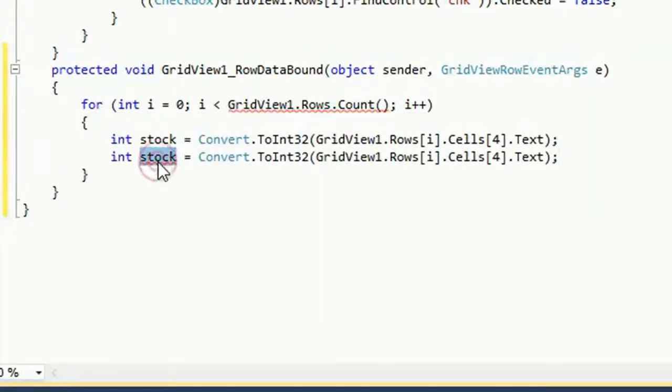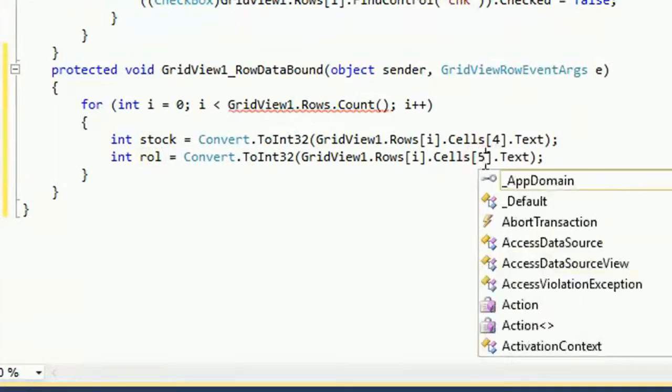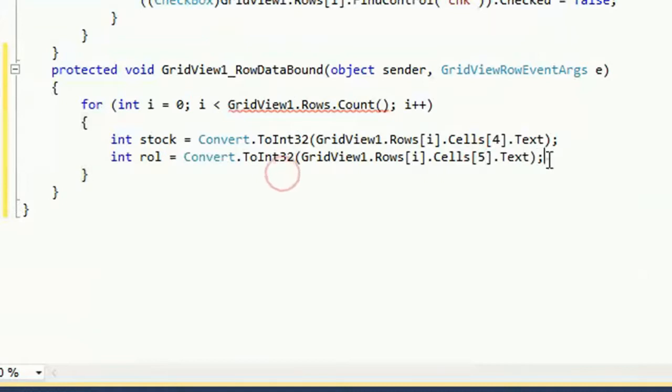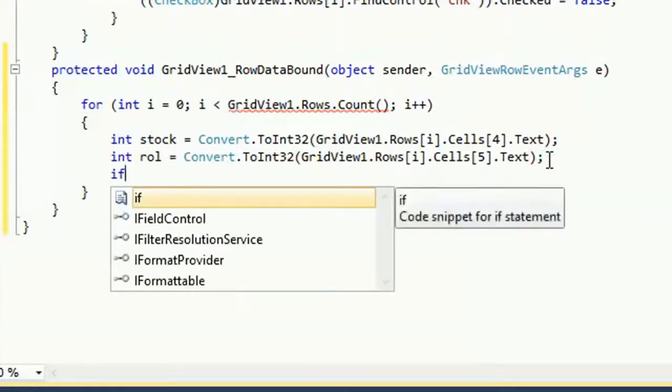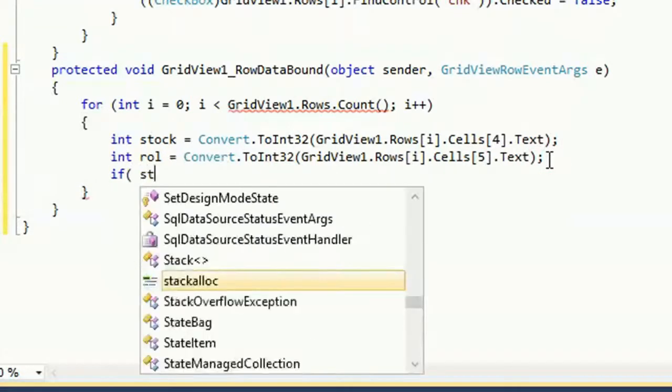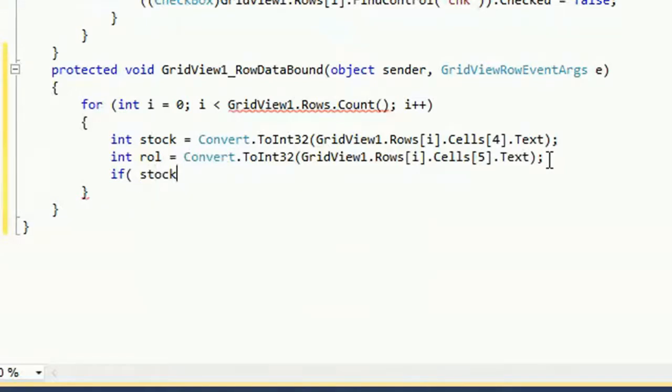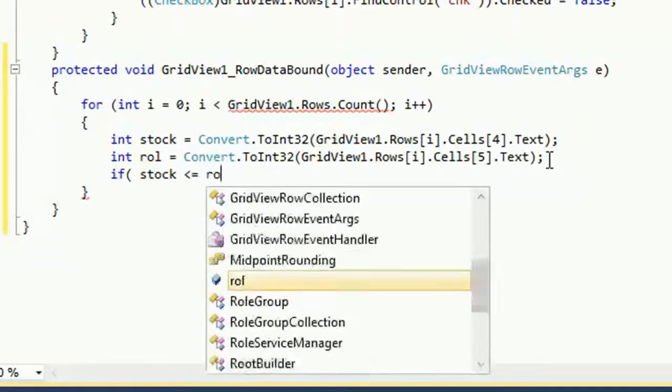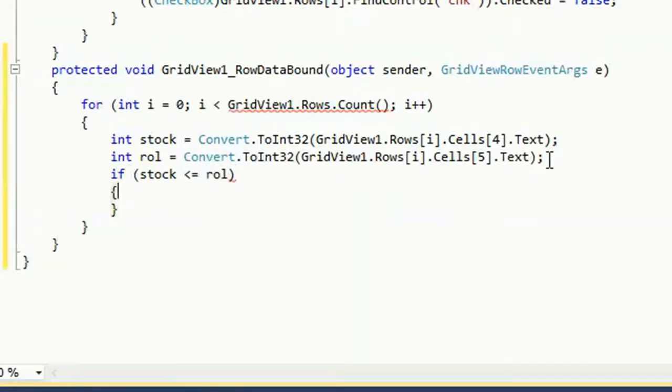It's also an integer data type. I will compare both stock and reorder level. When the stock is less than or equal to the reorder level, the row fore color and back color will change. The row fore color and back color will be different. If stock is less than or equal, it can be equal or less than the reorder level, then what to display? I'm going to show